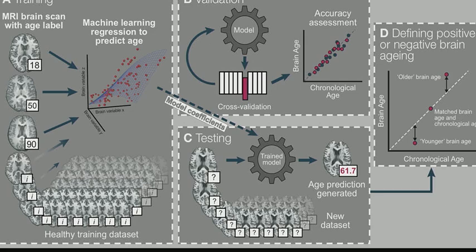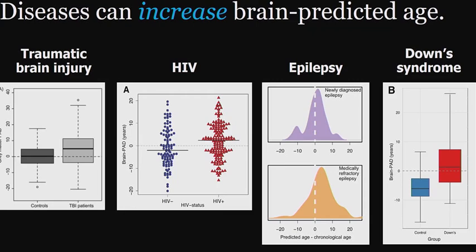And then you can compare that prediction with their real age, and that can give you their brain predicted age difference, whereby a positive number indicates their brain appears older than you would expect, and a negative number suggests their brain appears younger. We've applied this in various different contexts, and we've shown cross-sectionally that diseases can result in increases in brain predicted age in the context of traumatic brain injury, older adults, well-treated adults with HIV, people with epilepsy